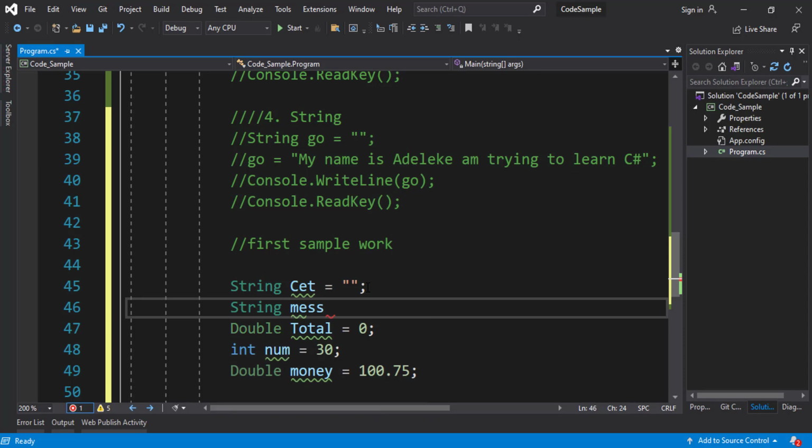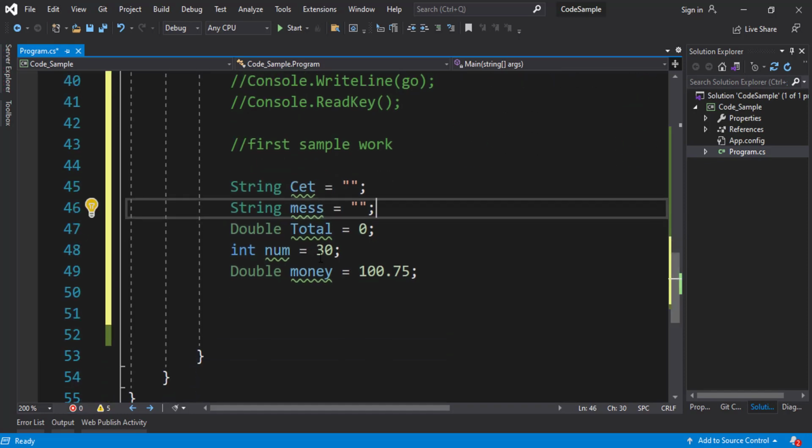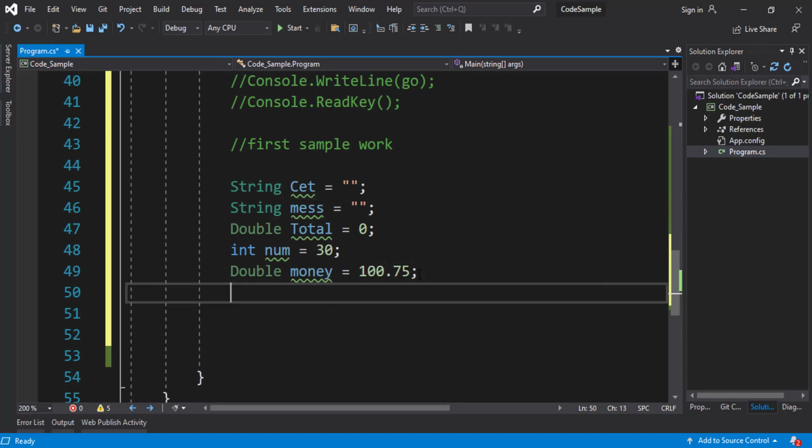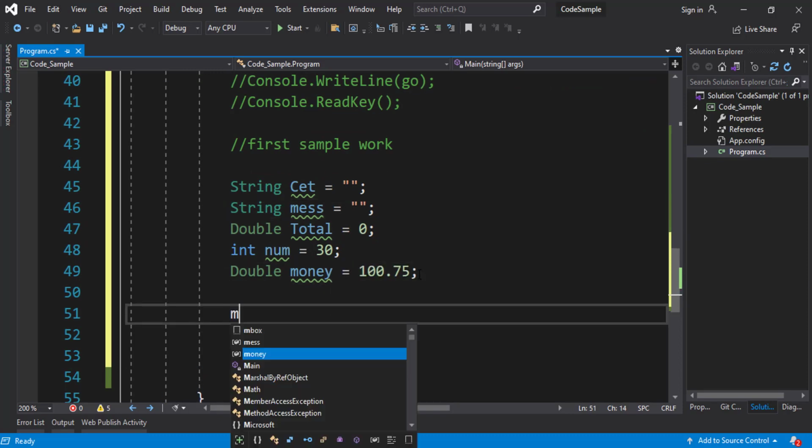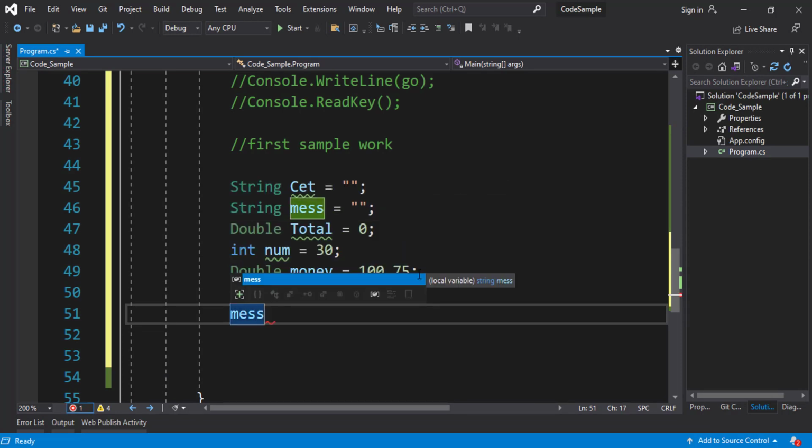I call the string MESS, that is message, and I initialize it to be a string, to be double colon, and I quote it. Now let me put all those things into use. Now I've done declaring what I want to declare. So let's say my MSE up there is what? Is a string and is empty. And I say my MSE is equal to, I put a semicolon now, and I said